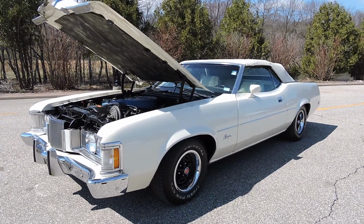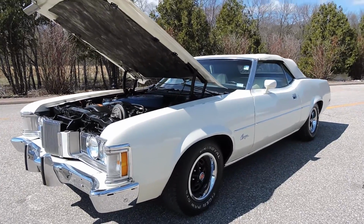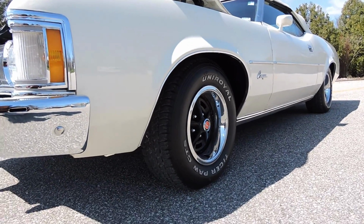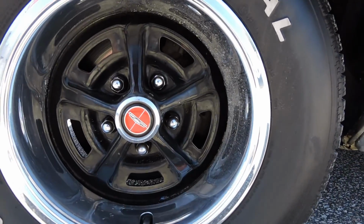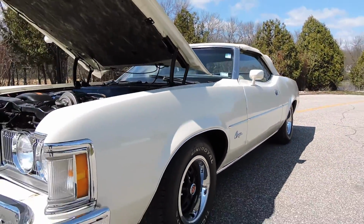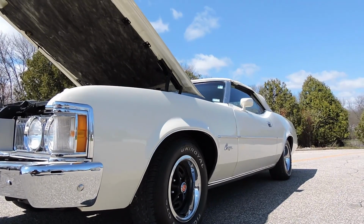This is a great looking 1973 Mercury XR7 convertible. It's riding on a real nice set of Uniroyal raised white letter tires. The rally wheels have all been sandblasted and painted, and they're in nice shape with all new trim rings and centers. The paint job and restoration done on this original car was done quite a few years ago, but the